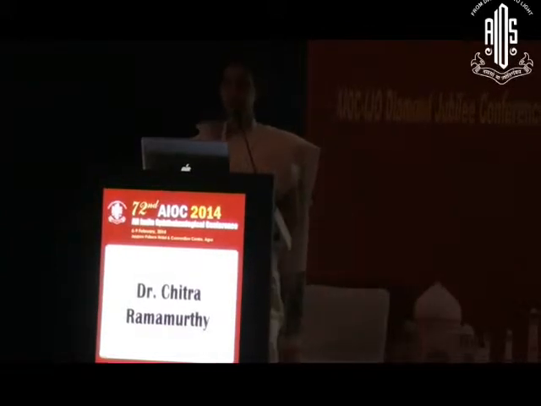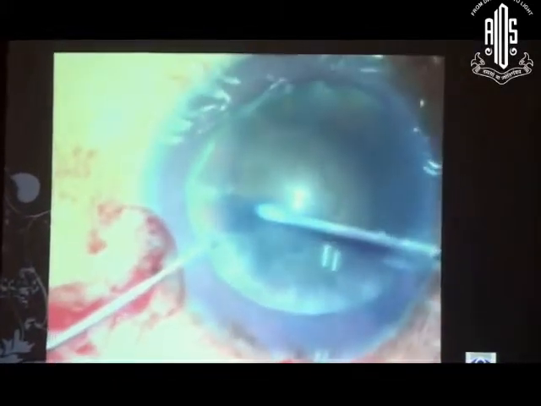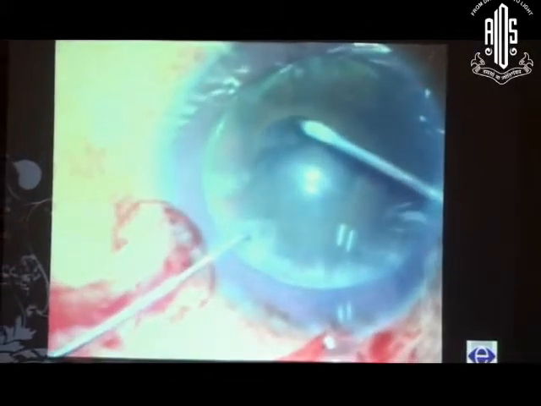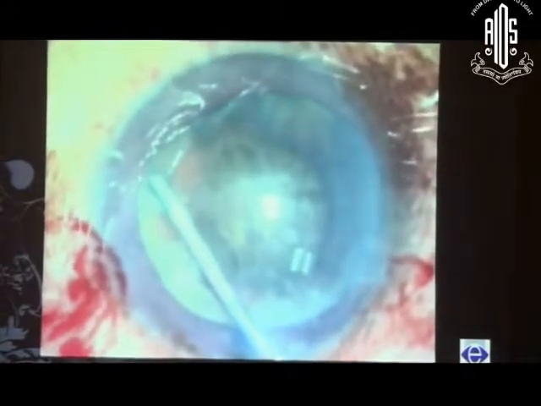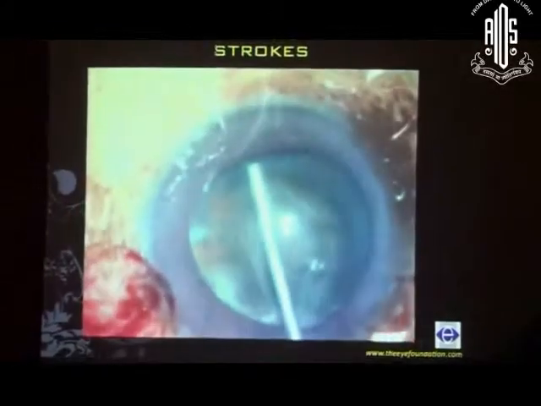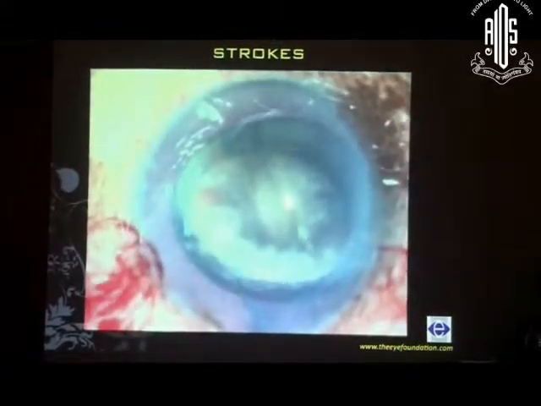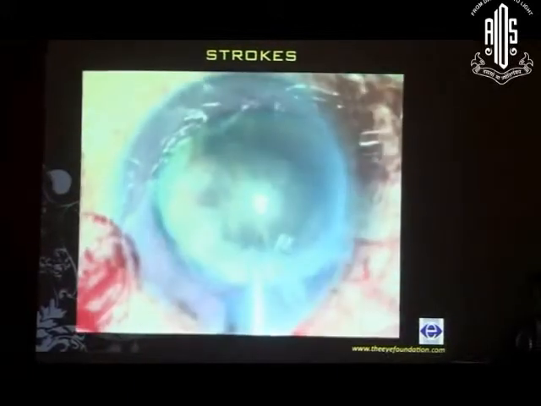Going on to the first case, this was a traumatic cataract. These are all simple videos, and the main message is that we need to make a small rhexis because the peripheral capsule tends to be quite mobile when there is a zonular dialysis. Because of this, there's always a tendency for the rhexis to extend, and if there is an extension, then you would not be able to use any of your capsule tension devices.